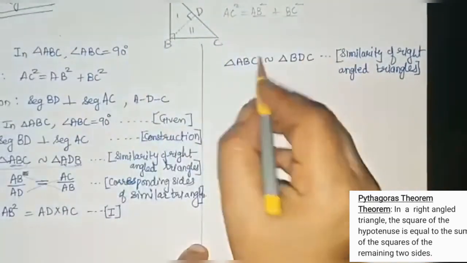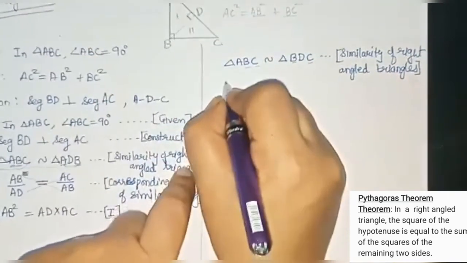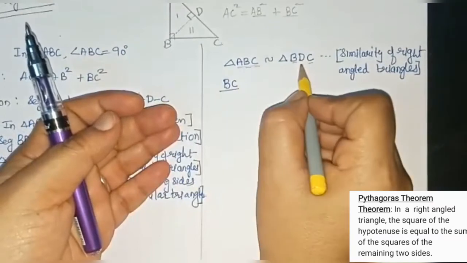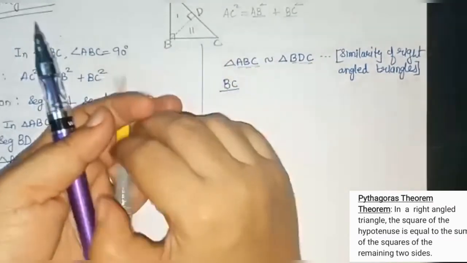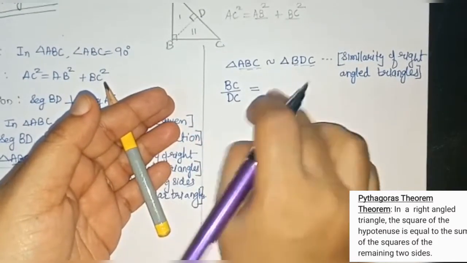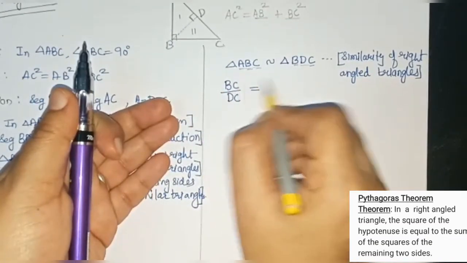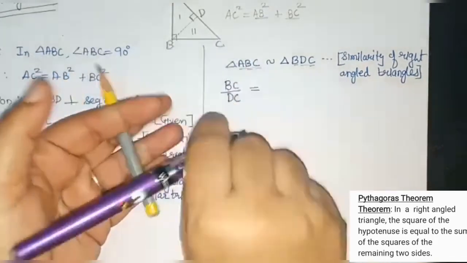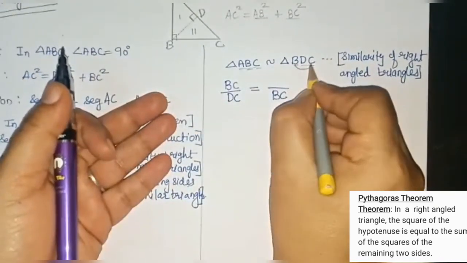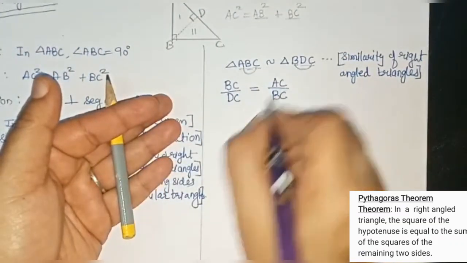Okay, so which are the alphabets common? B, C. Yes, BC. So we will write here BC. So BC of course belongs to this triangle ABC. Now which is the corresponding side to BC in the next triangle, that is DC, is equal to this side also we have to take BC. Okay, so from this triangle BC is already taken. Let us take BC from the other triangle now. So if we take BC from the other triangle, BC will be written down. See, this is BC. So now which is the corresponding side? AC is the corresponding side. So we'll write over here AC.